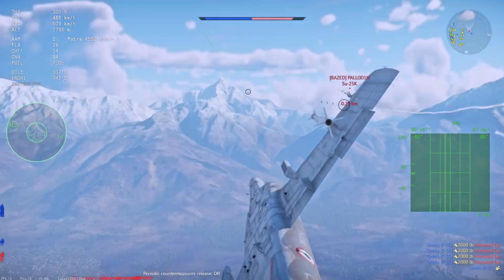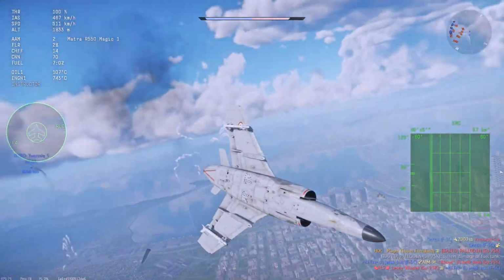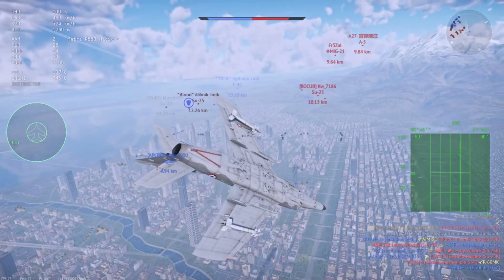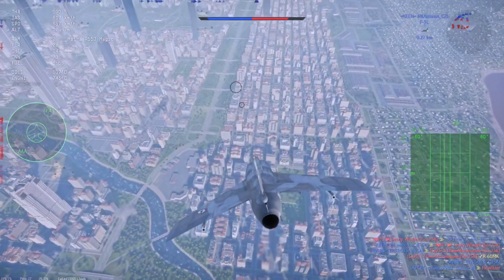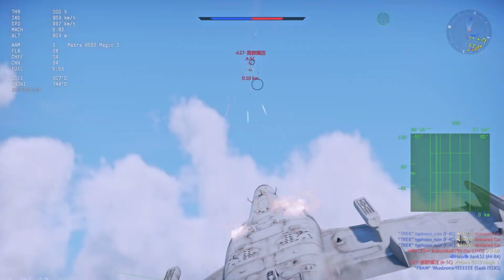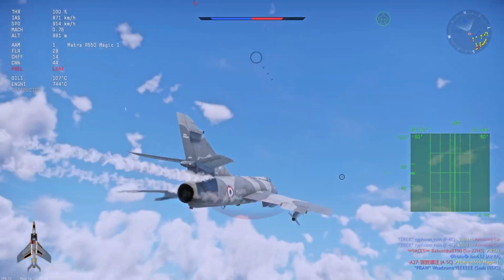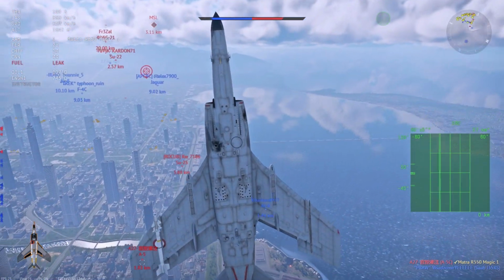In here, another example of these guns being trolleys. Sometimes they work, sometimes they don't. At close range, of course, they're going to work. They're 30 millimeters, but against an Su-25, I didn't expect that obliteration. And continuing on, the A5 smacks me, and even though my plane is extremely damaged, I managed to basically